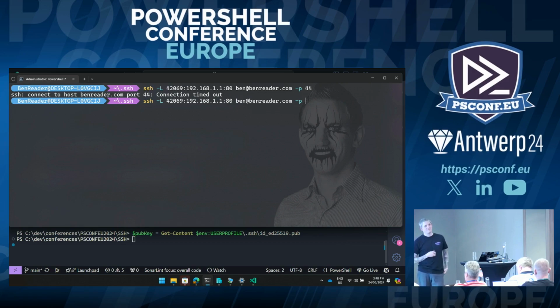Another question. Have you ever bricked one of the Linux boxes when setting PowerShell as the default shell? So the question was, have I bricked any of my environments setting PowerShell as the default shell? Yes, I have, many times. If you have a whole bunch of demo environments and you're frantically trying to set this up for a demo, say, in Antwerp, and you forget that you haven't installed PowerShell 7 and you set your default command line to PowerShell 7, it doesn't like it.